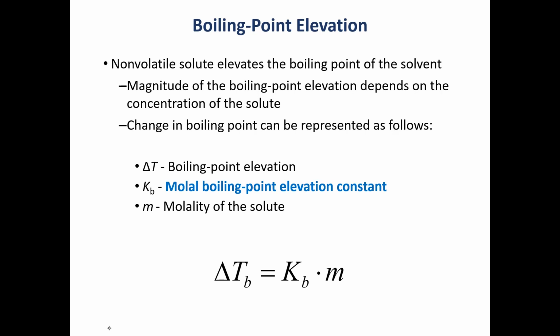How much of a boiling point elevation we have depends on the concentration of the solute. So again, it doesn't depend on what you add, it depends on how much you add. We can calculate how much we're going to change the boiling point by taking the molal boiling point elevation constant, which is a constant for any given substance, and multiplying that by the molality of the solute. So we have to think back to our concentrations that we've talked about. Molality is moles of solute